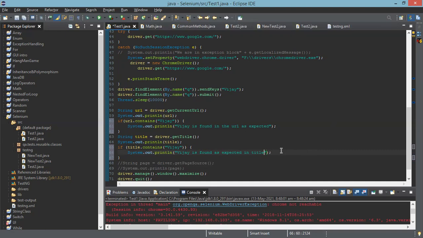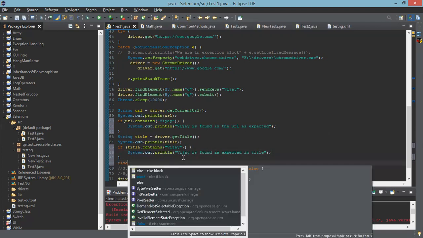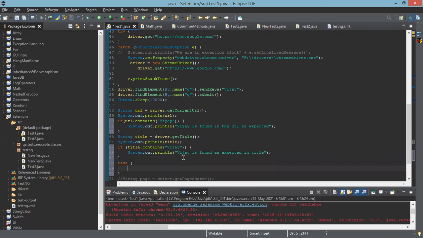Write an else block as well. After if, the brace is closing. Go and type else. Open braces. Type System out, not found. Title is not found as expected.